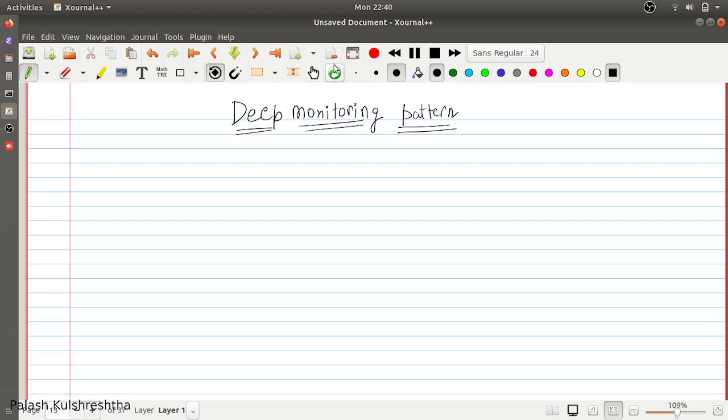Hi friends, today we are going to discuss another design pattern called deep monitoring pattern. Now this is not a well documented pattern that you might find at any place. This is something that comprises the points that I have gone through in my career, and the different ways in which you should think about monitoring in the systems and how it is going to improve your system stability